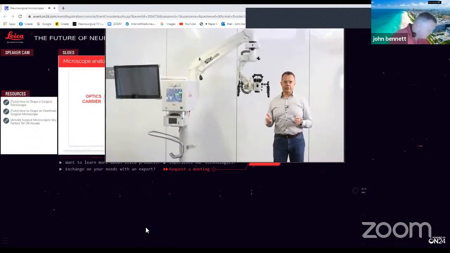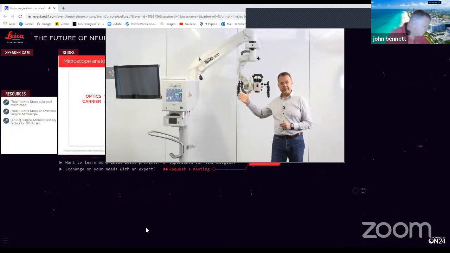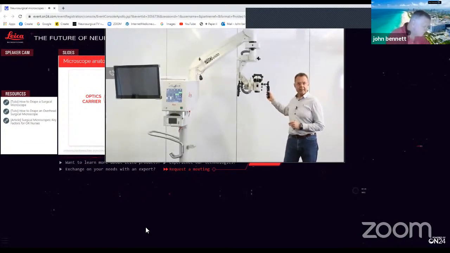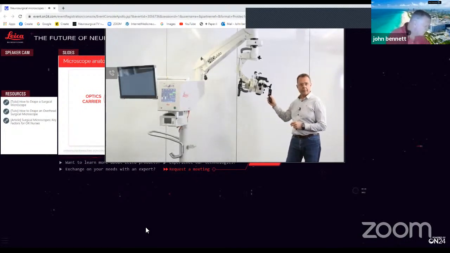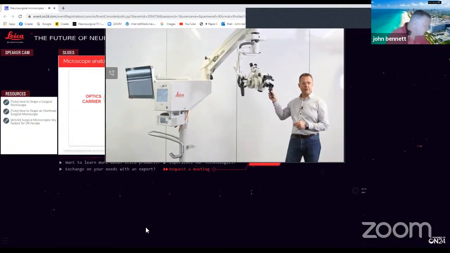Let's have a look at microscope stands. We differentiate between different concepts of stand: the classical design, and a second one, which we will be looking at after, the overhead concept. What are the components and the functions of a stand? Primarily, the stand has to hold the microscope and has to allow its ease of movement and, of course, positioning